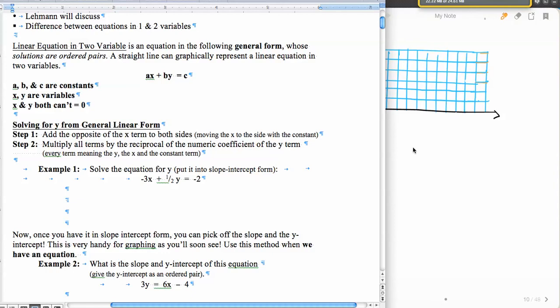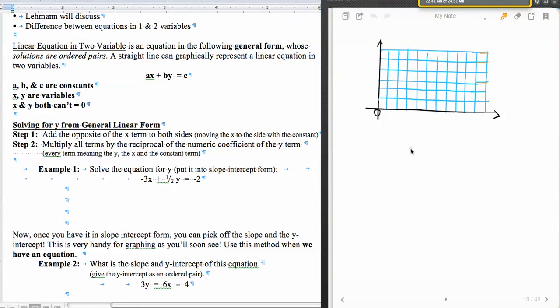So we're going to take a look at an example here. We're going to look at negative 3x plus 1/2 y is equal to negative 2. And our goal in this is to put it in slope-intercept form. Now we're going to get this negative 3x away from the y term, so we're going to add its opposite to both sides. Make sure that when you're doing this that you're not combining unlike terms,